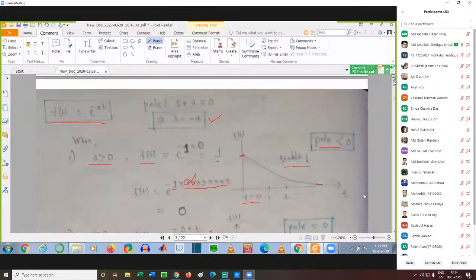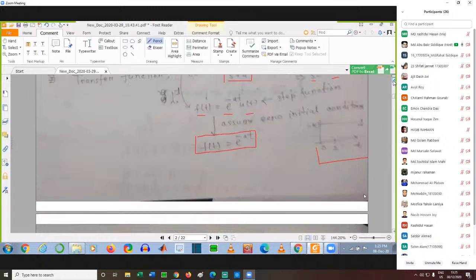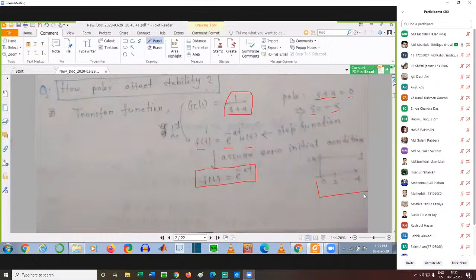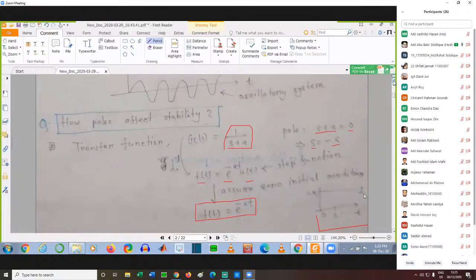If the pole is in the right half plane, the system is an unstable system. If the pole is in the left half plane, then the system acts as a stable system,